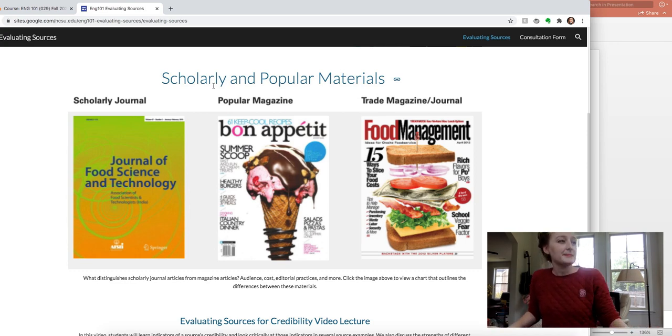It's terrifying. Popular magazine, that's for the general public, the populace. So for not scholars. I'm sure scholars read it if they're interested, but it's not written for other scholars who are doing research. It's written to inform the general public about the research. And that's exactly what we're going to do for Project 1. You will choose one of, I think it's 3 or 4 scholarly articles, and you're going to translate it, adapt it into a popular article, something that is informing the general public about the research.